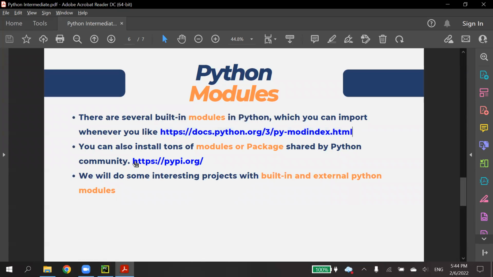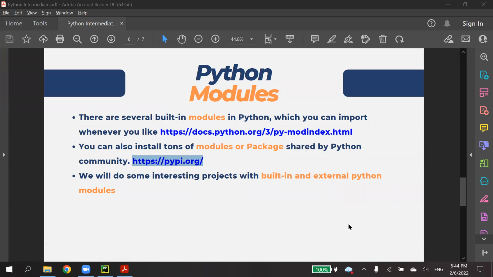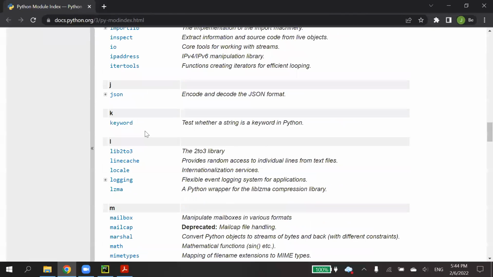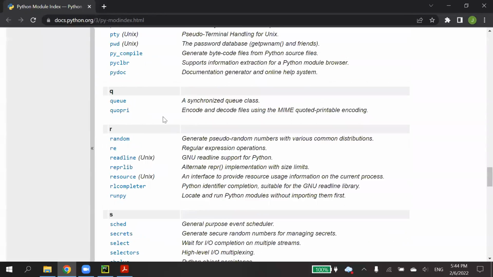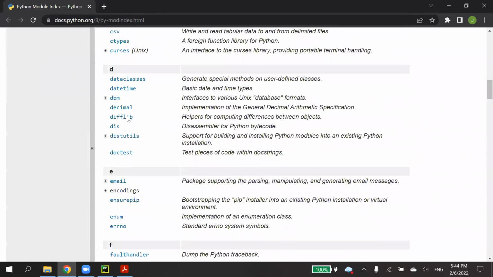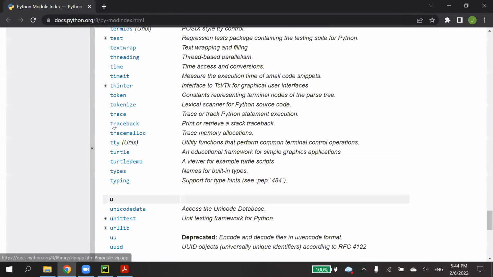Here we have built-in modules and also external modules. For example, this one should be built-in, if not mistaken. Here are all the built-in modules. For built-in modules, you don't have to install them. You just write import something and you will get it.